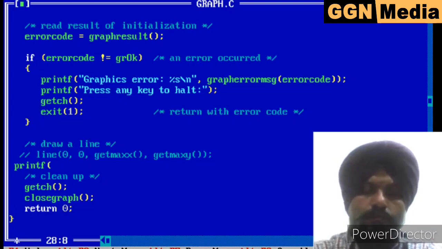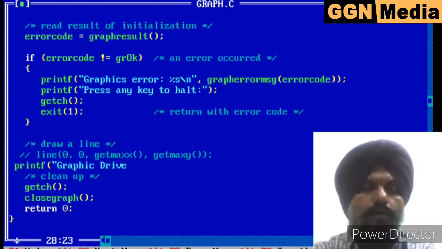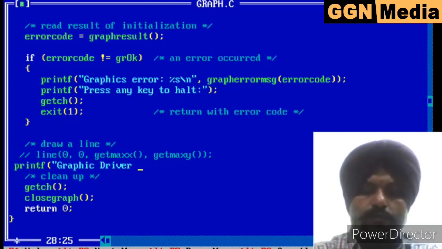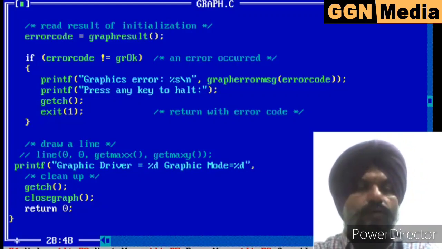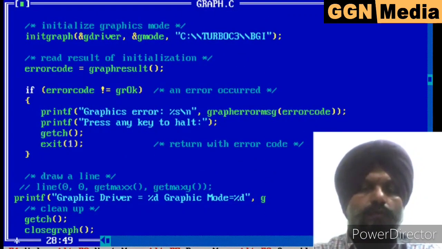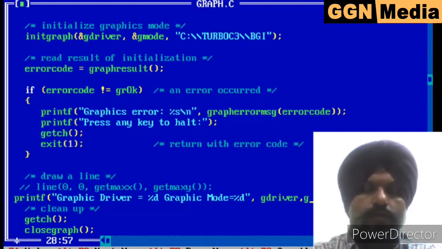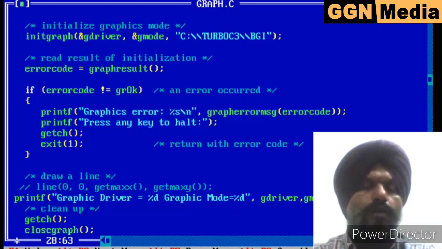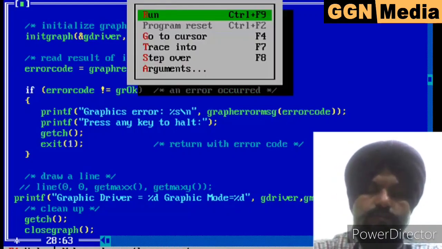To do this, I have to print the values of the graphic driver, which is an integer value, so I will use %d, and the graphic mode, which is again %d. Then we write the variables corresponding to these: the graphic driver is gdriver, so I write gdriver here and then gmode. Now run the program again.